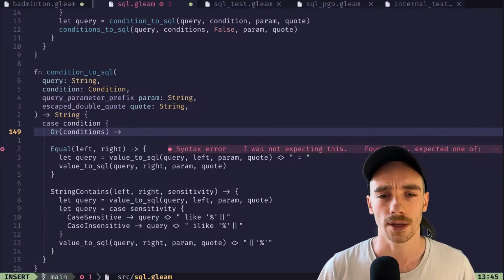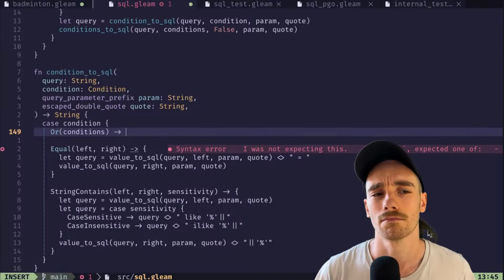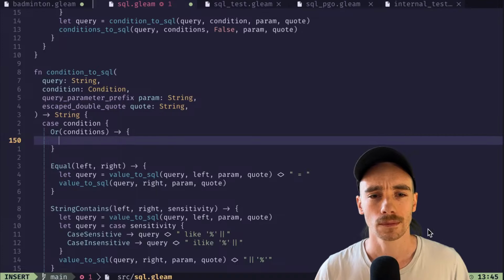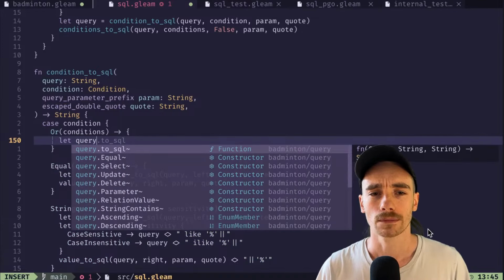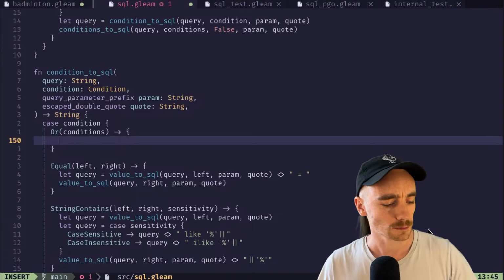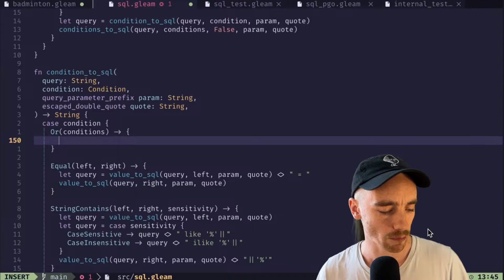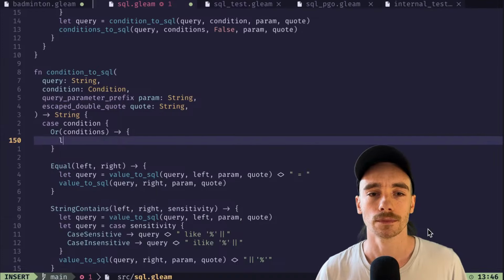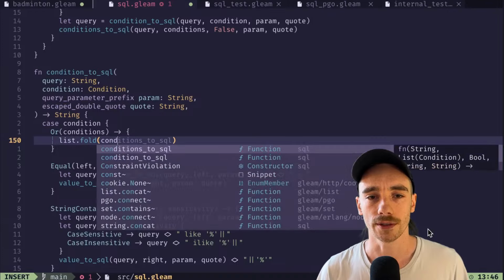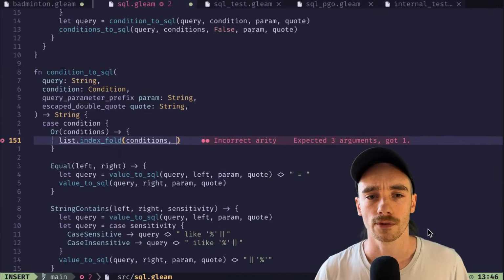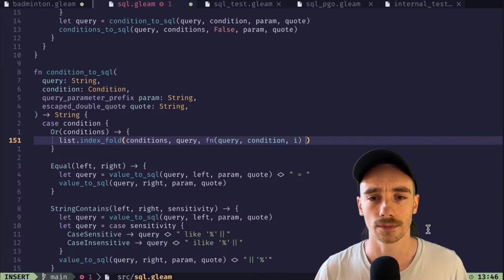Conditions. Well, how does that work? How are we going to do this? Maybe left to right was better. So we fold over the conditions. Still an index fold. There is, good. Conditions from the query, and we take the query, the condition, and the index, and we say